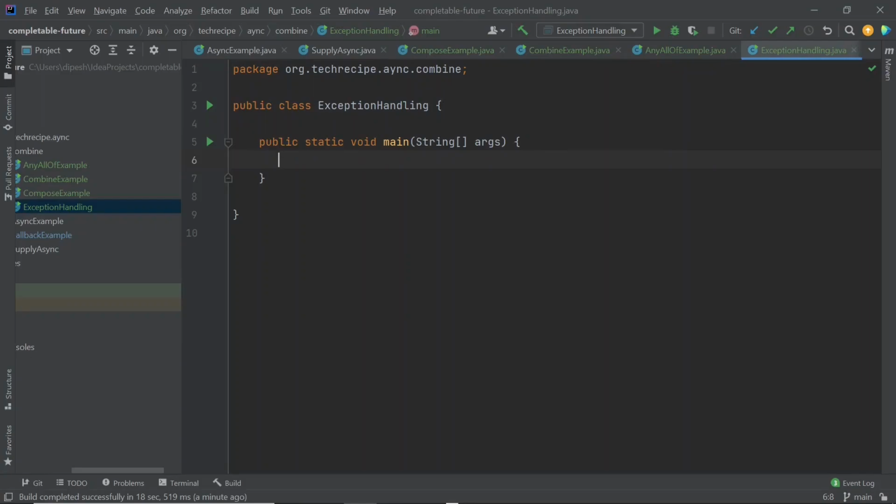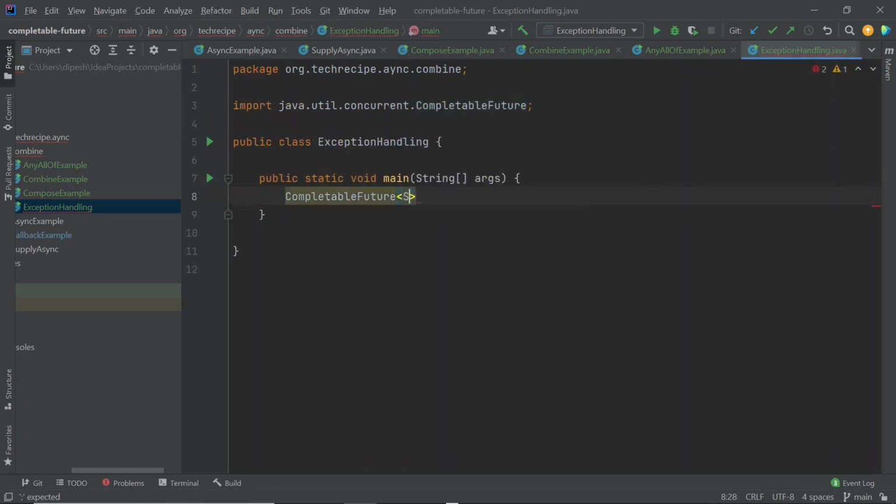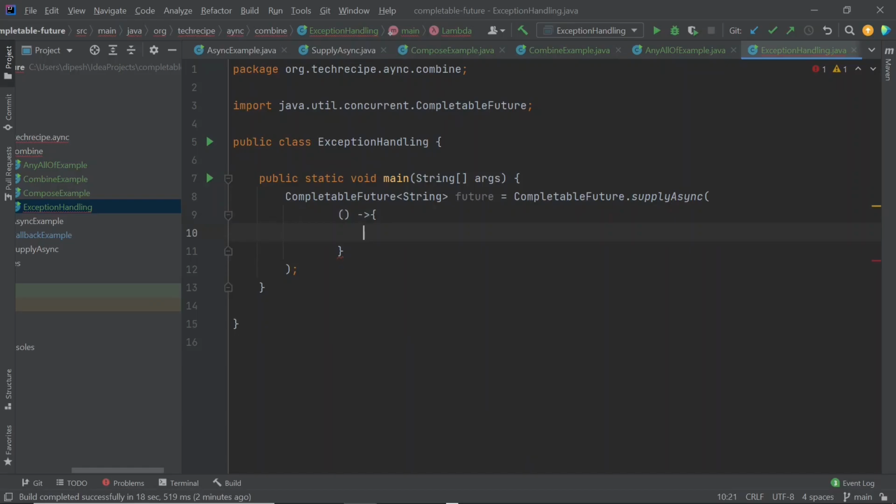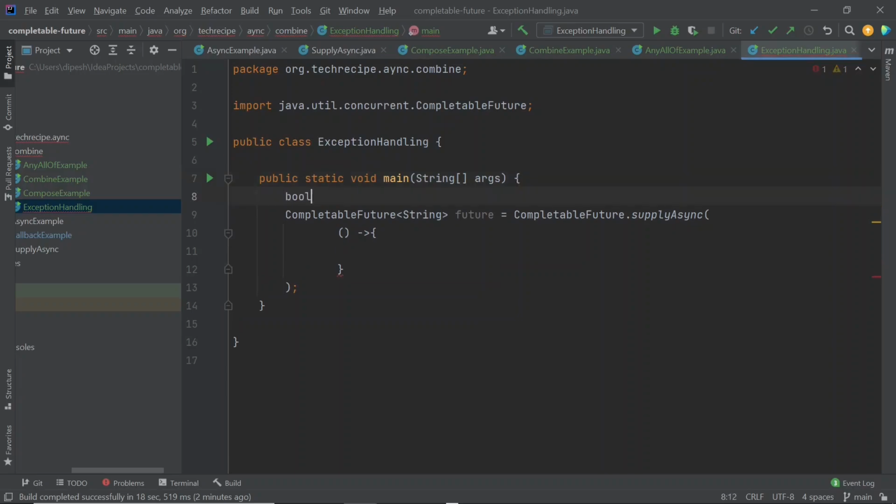Now for error handling, let's create a CompletableFuture first. A CompletableFuture that returns a string value on success. We will use the supplyAsync method as usual, and we will pass our supplier here. Since we need to create an error condition, I will introduce one boolean variable, error, and I will initialize it as false.